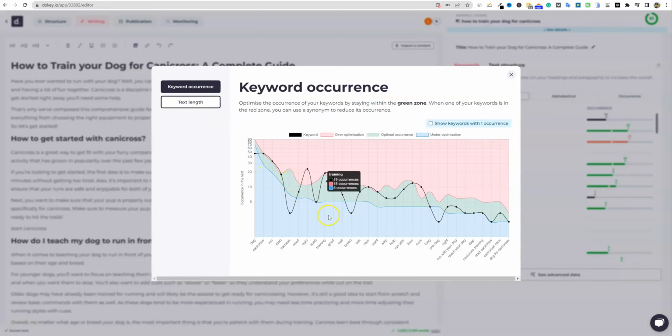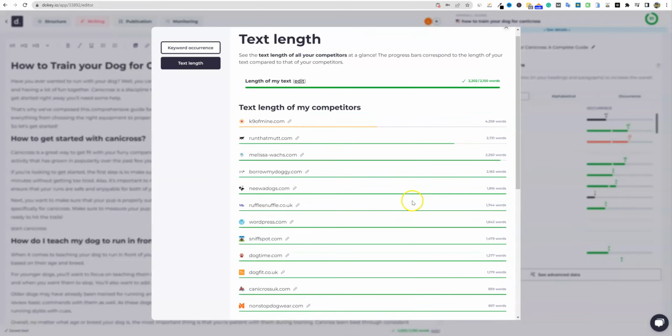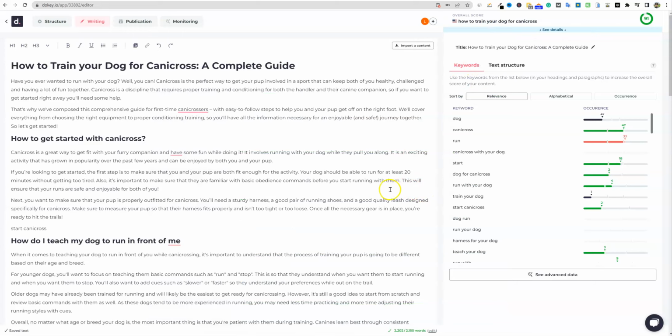I think it's really neat and cool, but I don't know how helpful it is to look at it from that angle. We can go to text length right over here, and this is where it's going to tell us where we're optimized at 2,200 words. And it's going to show us some of the other sites as well. There's plenty of sites that have less than 1,000 words right here, less than 2,000 words right there. So we definitely have a chance to get into the top 5 with the content length that we have. I like how they have a little chart like that as well, and so forth.